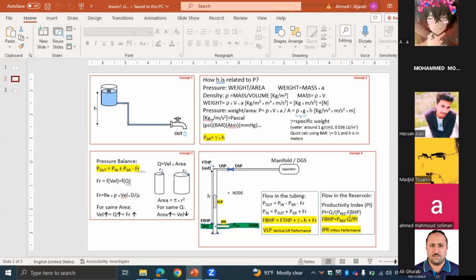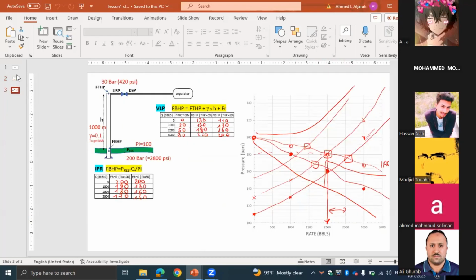This is the equation of outflow performance, the inflow and outflow without using software. So this is the example, a hands-on example. I just gave the rate. You know that for every well we have a well test. The well test gives us the rate and the tubing